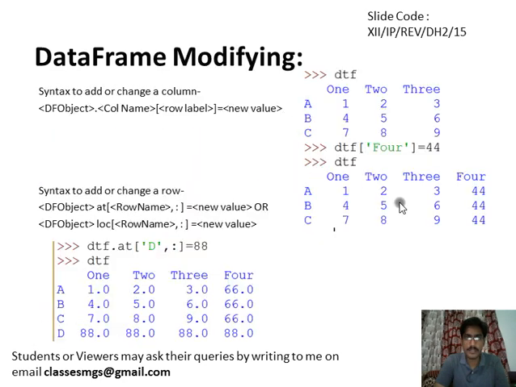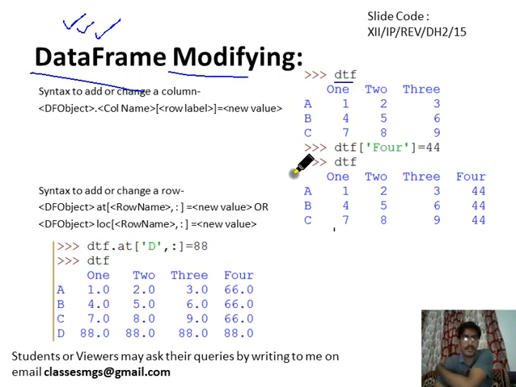One more thing I have skipped, let me cover this. So we have created the data frame, accessed individual values, and deleted data frame values like columns and rows. If you want to change the data frame values or add a new column or a new row, then what will you use? To change or add a new column, the syntax is the data frame object name dot column name, and then row label and then new value.